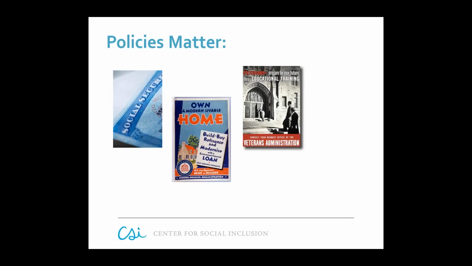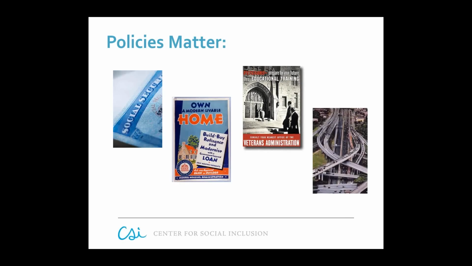I mentioned the GI Bill earlier. This also helped create the middle class by sending thousands of GIs to college, and many of them were the first in their families to do so. People of color were largely excluded from the military, and when they were included, veteran offices often funneled them to technical degree programs. So the GI Bill created a huge pathway to opportunity for upward mobility and wealth amongst whites while hampering opportunity for people of color. And finally, we have, in 1956, the Federal Aid to Highway Act, which is passed.